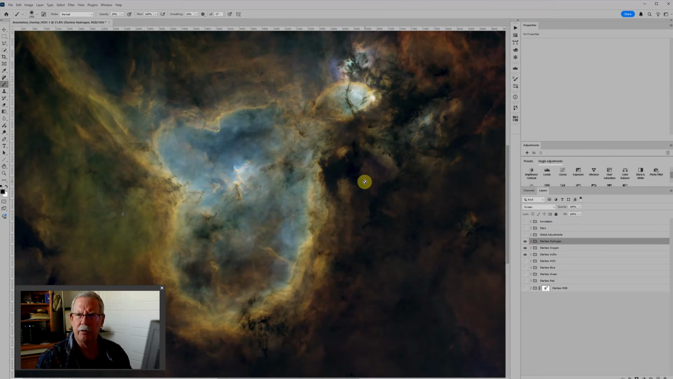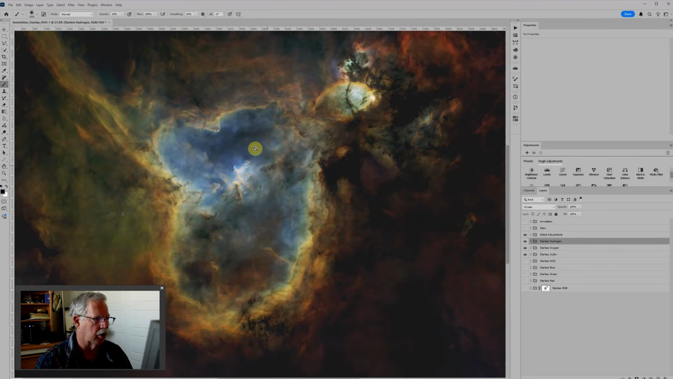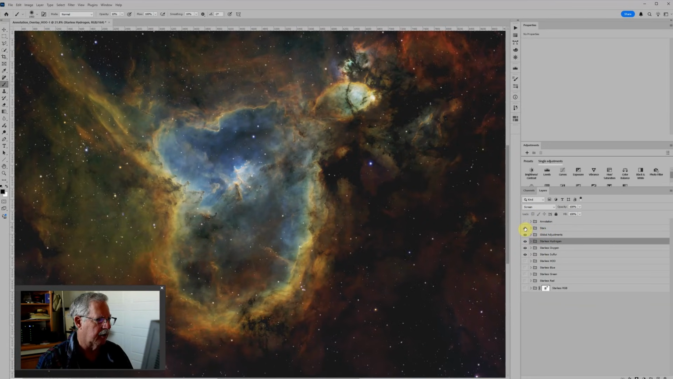Let's start from scratch and build this image from the ground up, keeping in mind that our eventual goal is to have layer groups where each layer group contains one layer along with adjustments, and the adjustments are applied uniquely within that layer group. We'll have some overall global adjustments that we can apply, and then the stars will be available to apply independently. So let's start from scratch, and to do that I'm going to go to File,